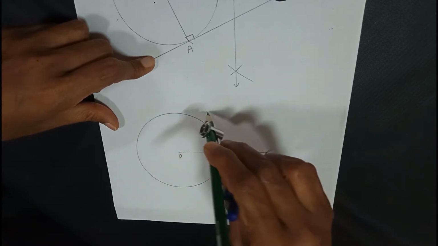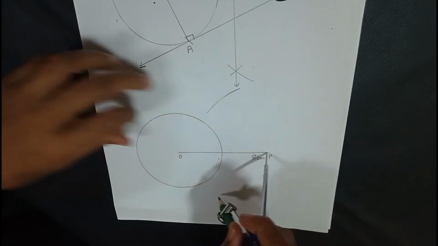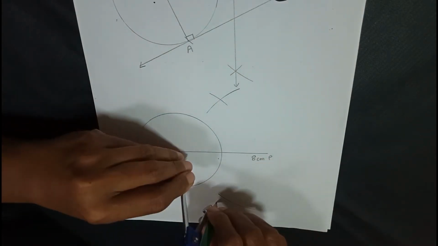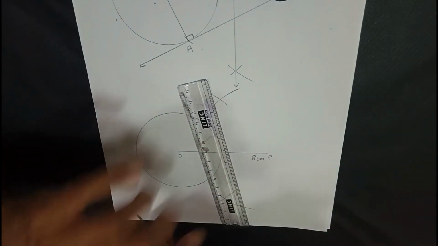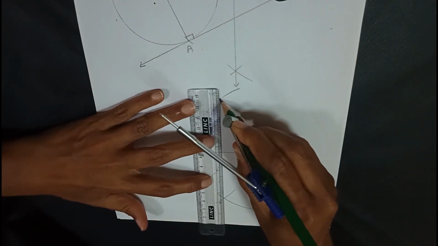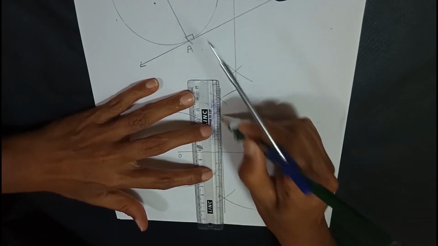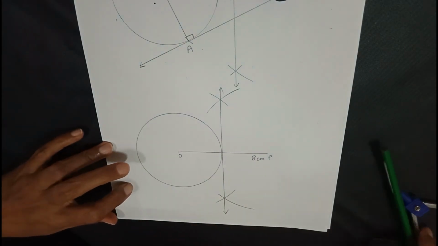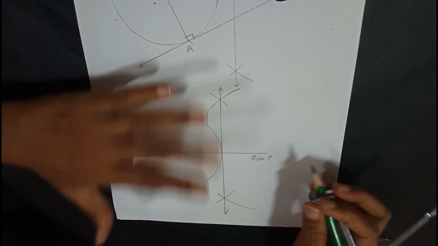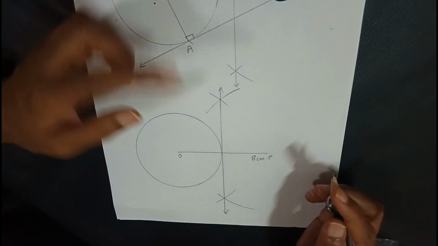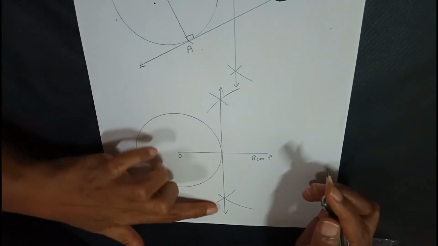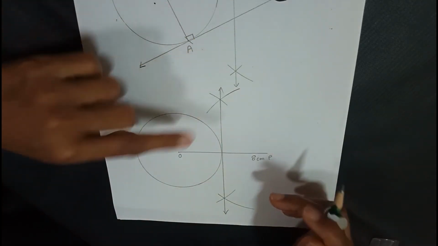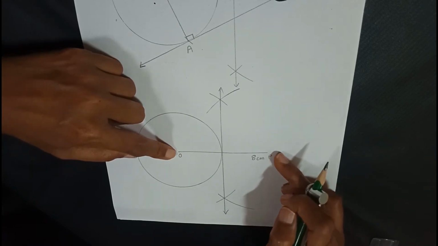Again, we take 3/4 distance on the rounder and we cut 2 arcs. That is, we are making a perpendicular bisector. So again, we cut the earlier arcs. And now, when we join these 2 points, what you see is that the perpendicular bisector is touching the circle like a tangent. So most of the students just stop construction here saying that we got the tangent, but this is not the tangent. We have got a perpendicular bisector. And why is it touching the circle here and why was it not touching in the first case? Now as you can see, the distance is only 8 centimeters.